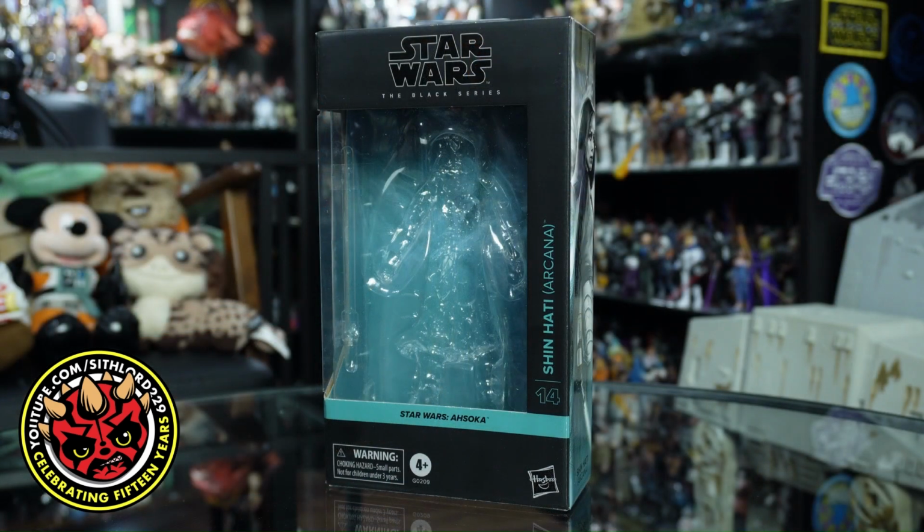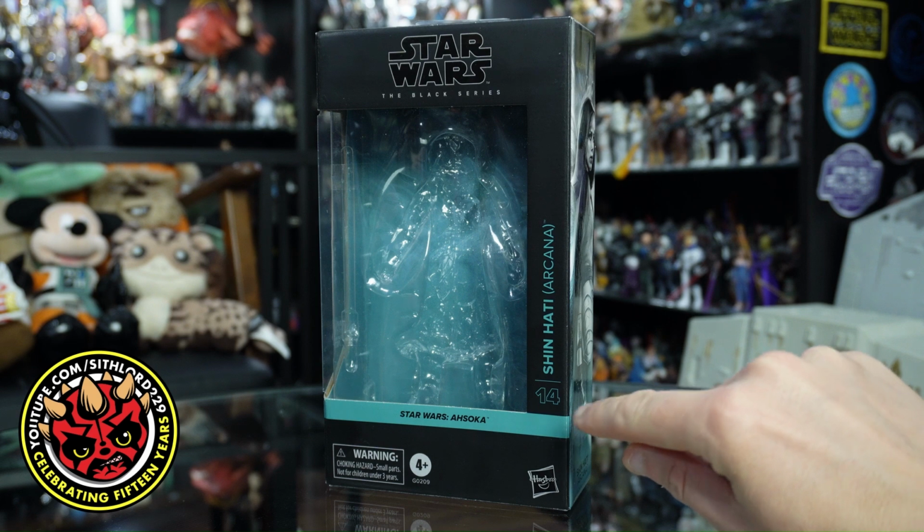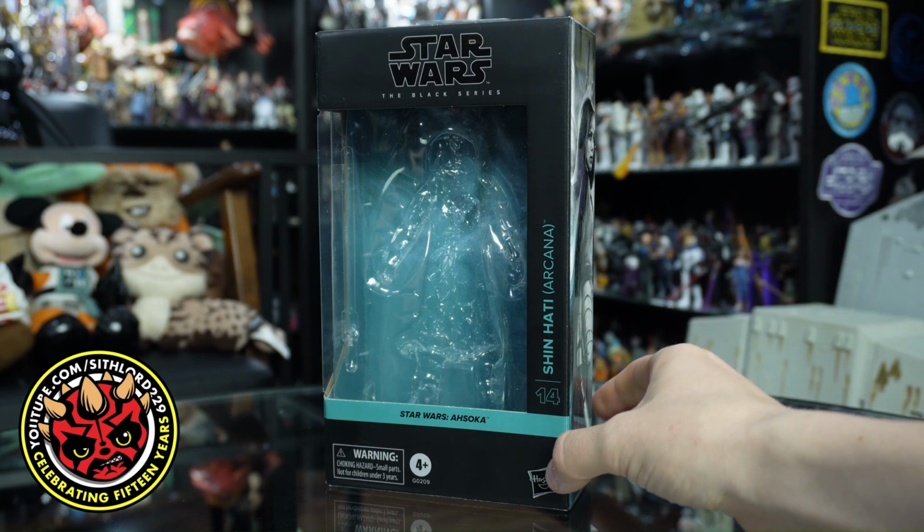So with regards to packaging, pretty standard fare, not a great deal to talk about with this one. The real talking point with regards to the box is the fact that this figure comes in the updated Black Series packaging, whereas the original release of Shin came in the angled edge boxes. This one, as you can see, features the Ahsoka colour band around the edge of the box. We have the number in the series and name of the character just up the side of the window, and